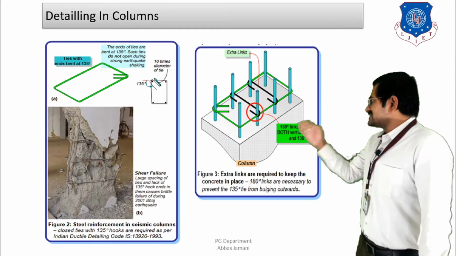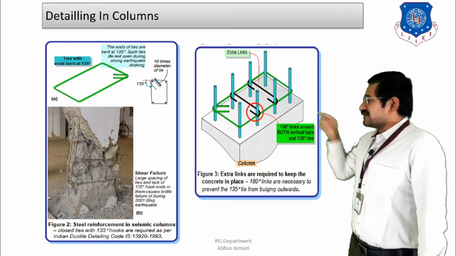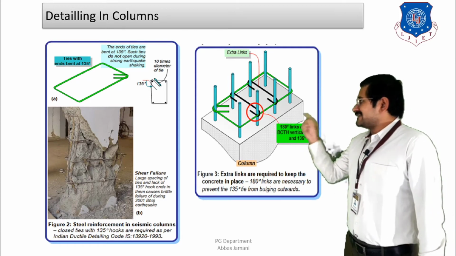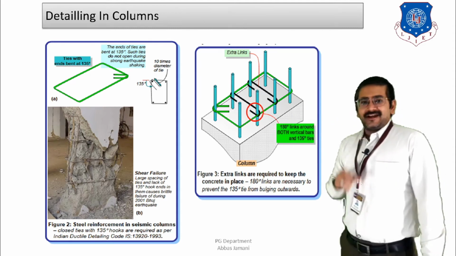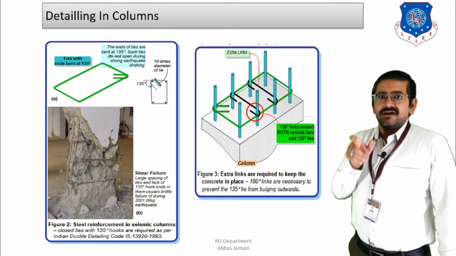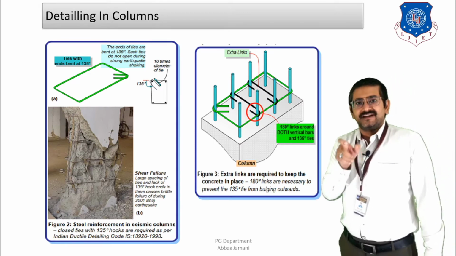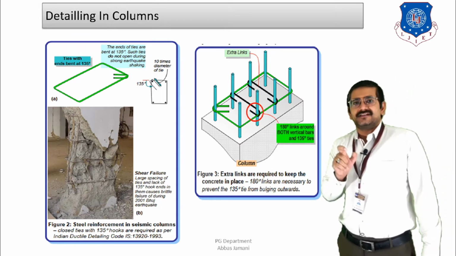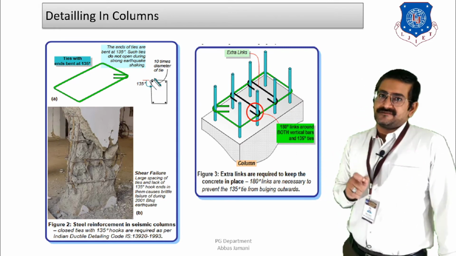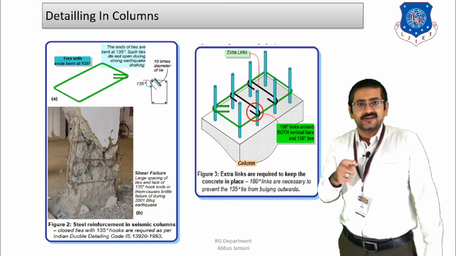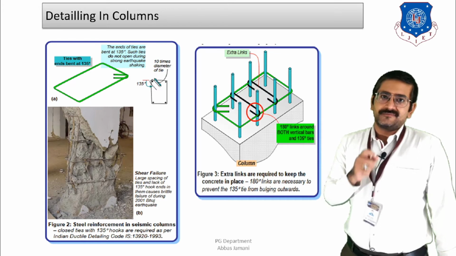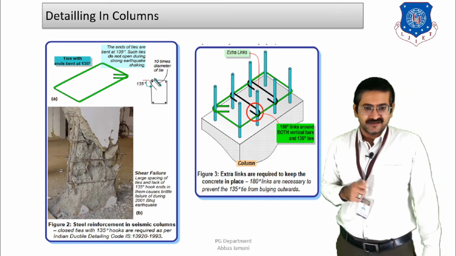As you can see in the figure over here, the diagram of a single closed stirrup is provided, where the entire stirrup is shown. Along with that, the 135 degree hook is also shown, and the length of the hook is shown in the diagram as 10D, but that was as per the guidelines of IS 13920:1993. In the new guideline, the dimension is revised from 10D to 6D, or 65 mm, whichever is greater, right? When this is done, the buckling or the bulging of concrete can be avoided, and the shear resistance of the section can be improved.